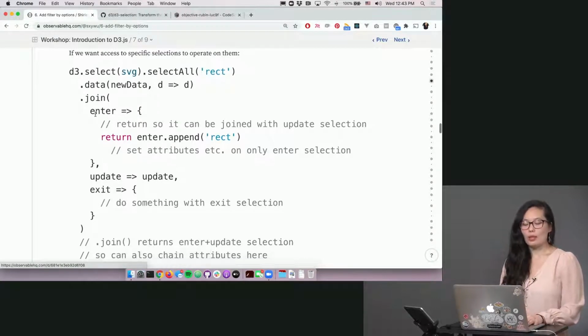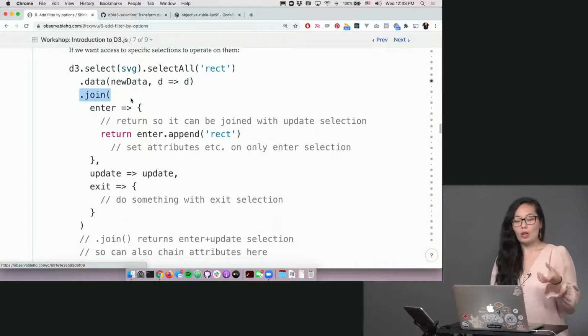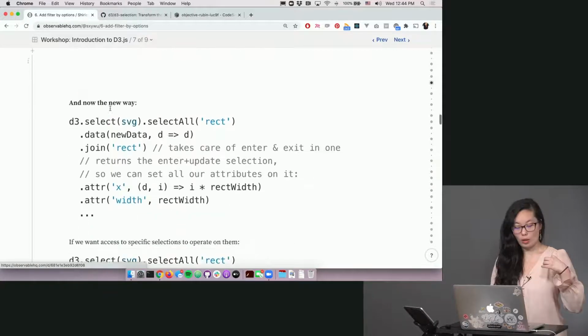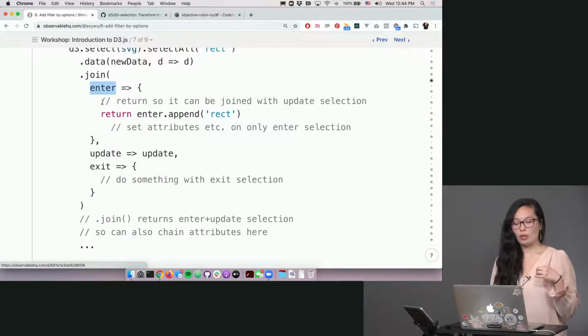In that case, we have this thing where we can call .enter, the enter selection from .data. And the important thing is that we need to then return